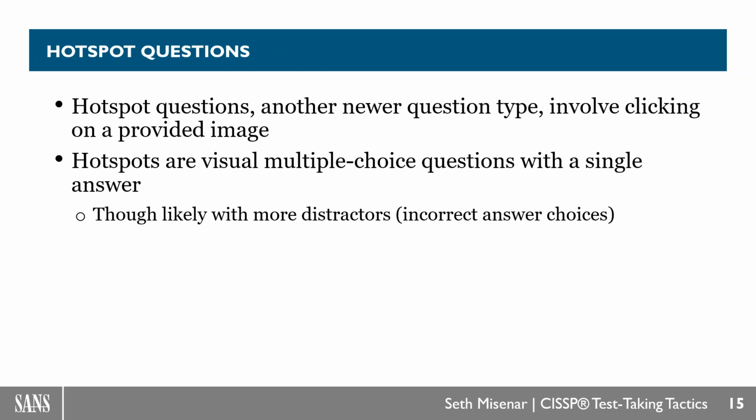You can have hotspot questions. This is another style of question. A hotspot question is one where you are provided some image, some diagram, oftentimes a network diagram, but they can be other things. Really, a hotspot is just a variant of multiple choice. The reason I say this is that you can effectively click anywhere, but